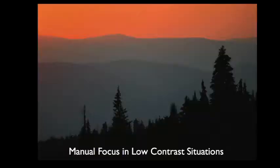So those are the autofocus modes. What the heck do you think a camera has manual focus for? Well, in low light, in low contrast situations, that's when you're going to need manual focus, because the way these cameras focus is by focusing on contrast. Check out this picture. I took this on a mountaintop in Montana. Sure, there's some contrast in the foreground, but I wanted the mountains in the background in focus, so I had to use manual focus. So in low light situations, that's when you want to use manual focus. Well,